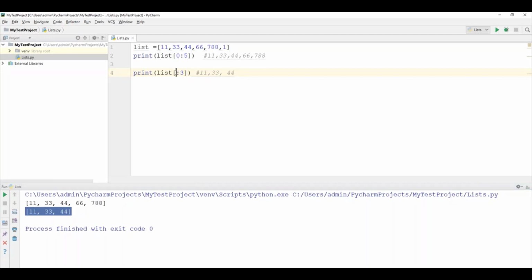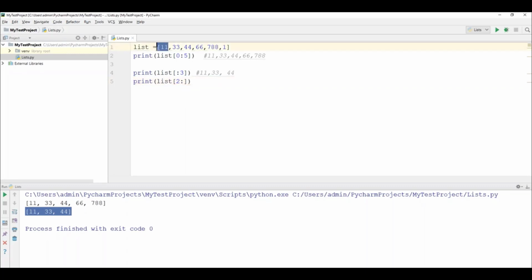So if I don't specify any starting value here, that will be considered as a 0. Similarly, if I don't specify the ending index, for example, let's say starting is 0, but the ending index I haven't specified anything, and starting value I will just say 2 here. Now what will this return?